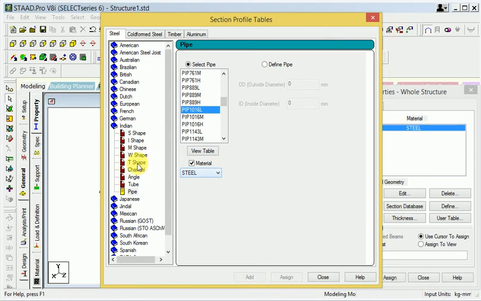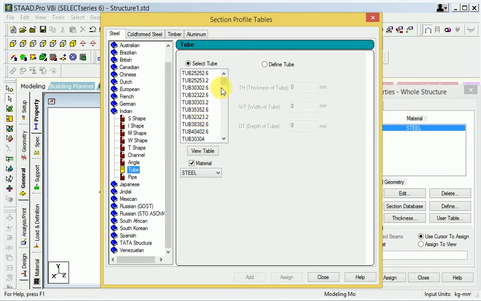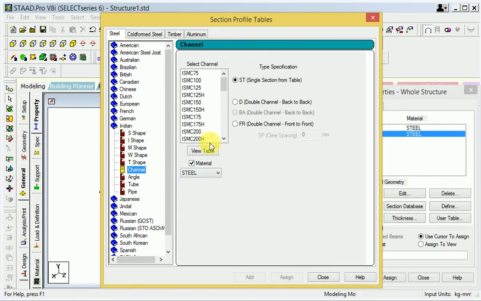Same thing, I want channel rafter here like tube, so I take tube, number of tube 65, okay. 72, I want that number of tube. Then the channel is also needed, so again I take channel here, ISMC 75 75.